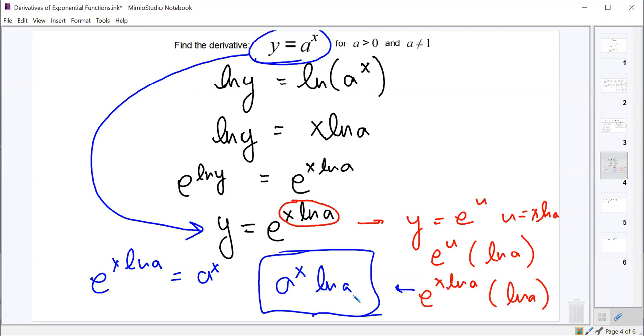I have a question about the derivative of x times the natural log of a. Okay, so like in the red text. Yeah, over here. Why is that just the natural log of a? Right, so what's a? A is a number, right? And what's the natural log of a number? It's just some other number, right? Yeah. So I have some number times x, and the derivative of some number times x is just that number,